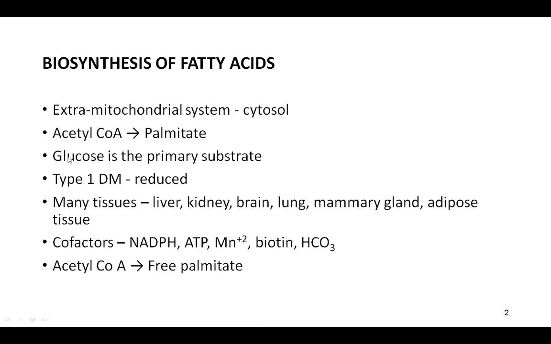Remember that. So from where will this fatty acid ultimately come? Basically glucose, and we will see the sources of acetyl coenzyme A later. So glucose is the primary substrate. That's why when you take more and more carbohydrate, some of the glucose will get utilized, some will get stored as glycogen, and the rest of the glucose will get converted to fatty acid. So it forms fat, lipid.